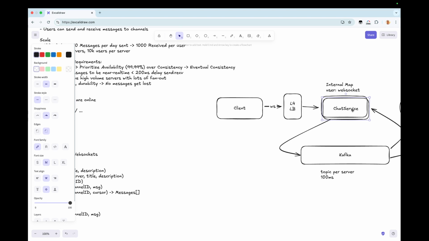We're just bouncing messages back and forth between Kafka, and managing the WebSocket connections. So chat service doesn't really do a lot of processing. Maybe we have 2 milliseconds here. And all of these hops are within the same data center, so maybe we have 8 milliseconds here and 100 milliseconds for Kafka. So we're still well within our 200 millisecond latency budget.